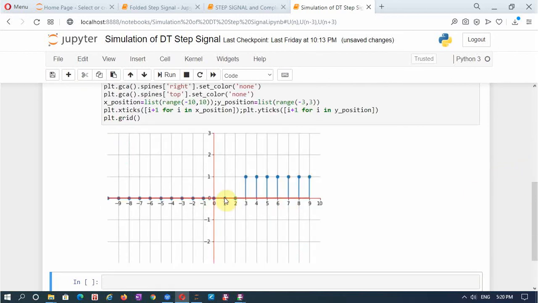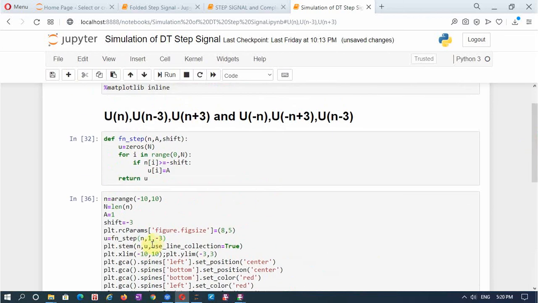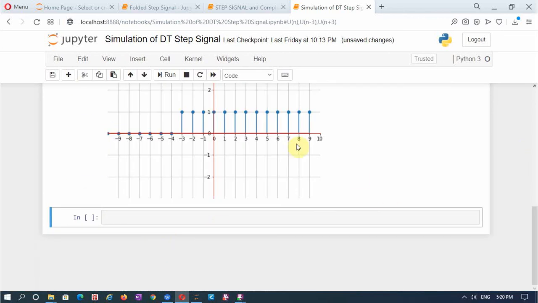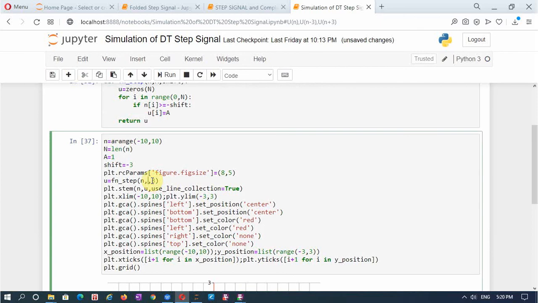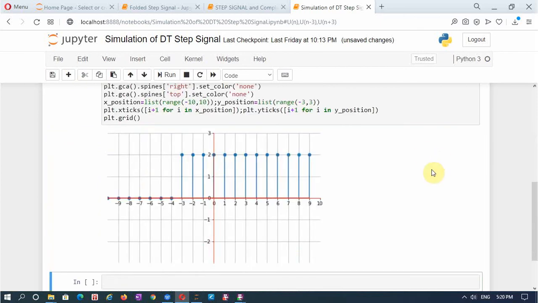So it is shifted to the right. A shift of minus 3 for a unit step signal will shift it to the right, and a plus value of the shift will shift it to the left. I will just make it plus 3, which will shift it to the left, and also I can change the magnitude of the signal to a different value, say 2. So it is shifted to the left with a magnitude of 2.